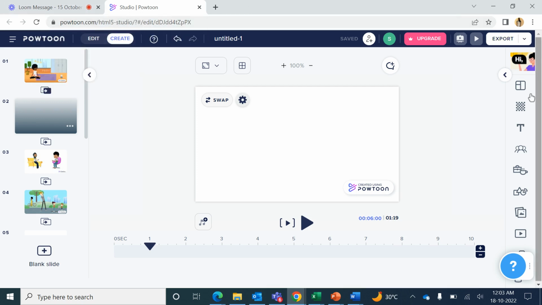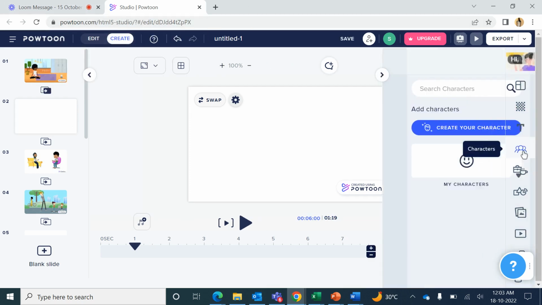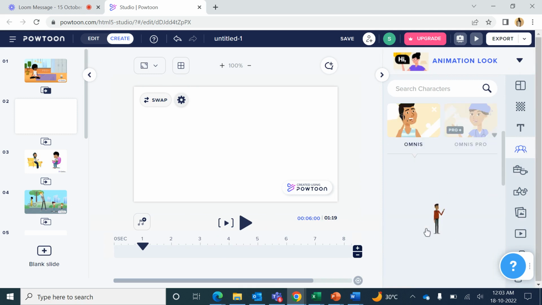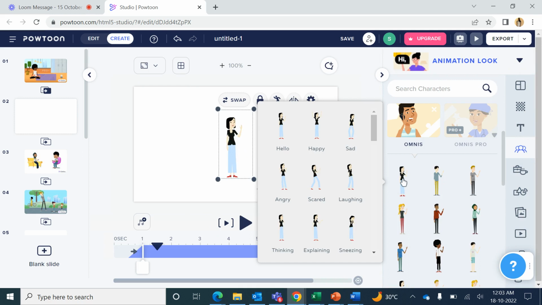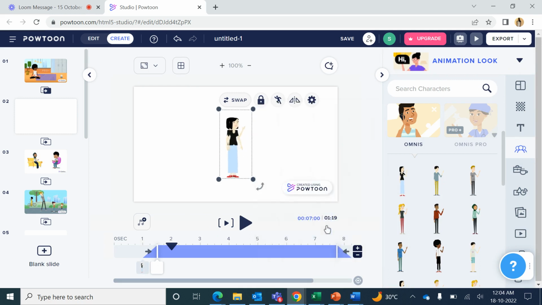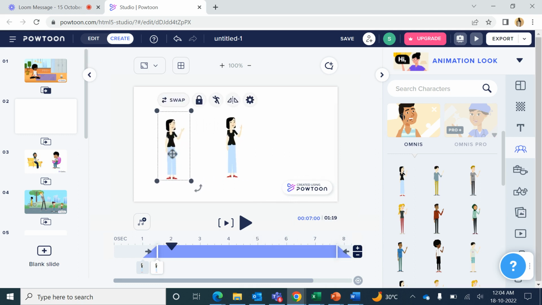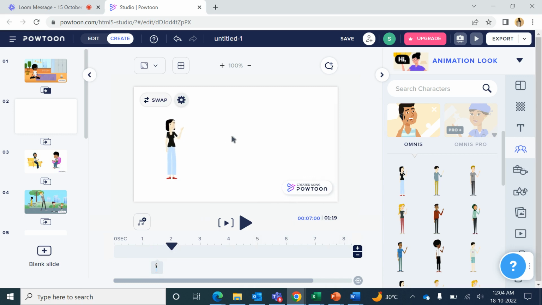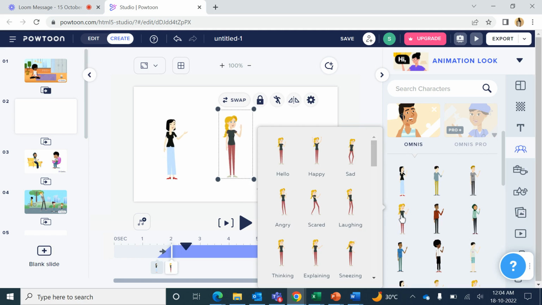So we can add characters from the characters tab here, and I choose, supposedly, this girl character who's explaining something and drag her here. By mistake, I have added two of them, so I delete one of them. Now I drag another girl